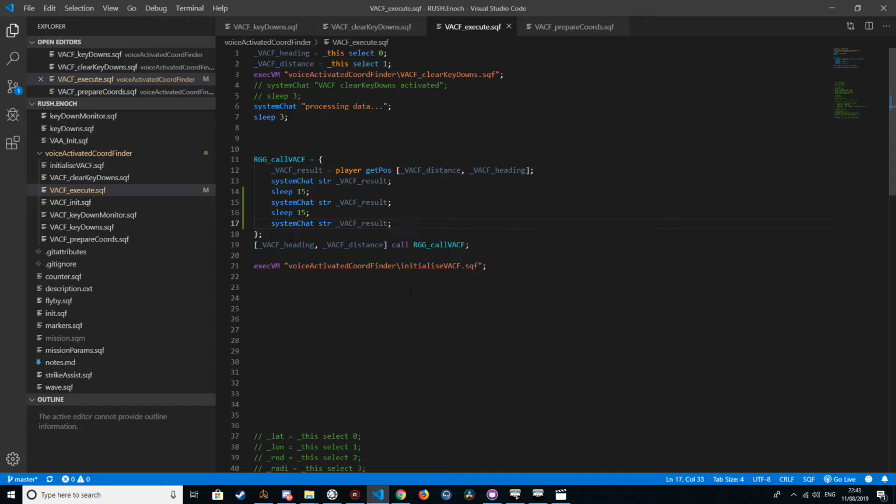So I've been doing a bit of work on lots of scripts around voice attack, voice command, and basically trying to make things happen just using your voice, which I find really interesting and quite challenging. And what I've realised is that a lot of the scripting that is needed for that to happen revolves around the management of keyDown event handlers, which has caused me a huge amount of headache because I'm not brilliant at